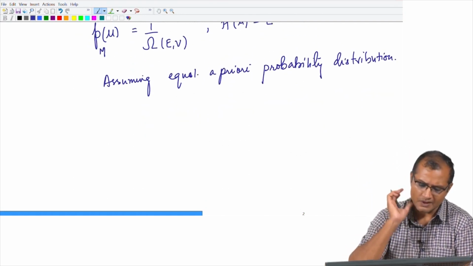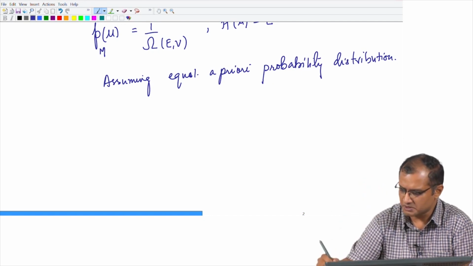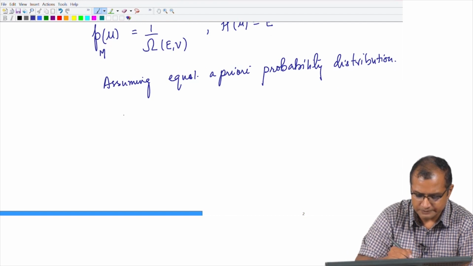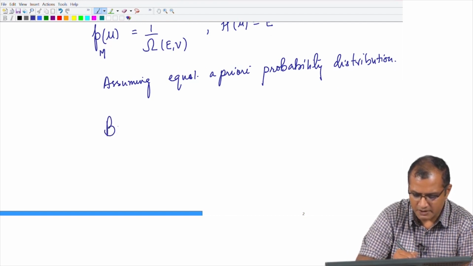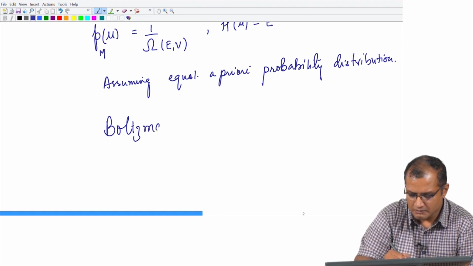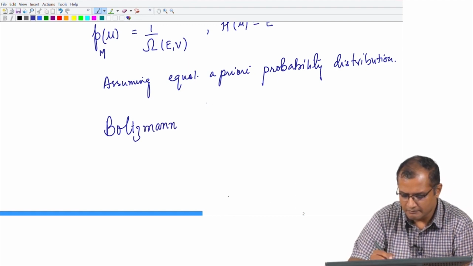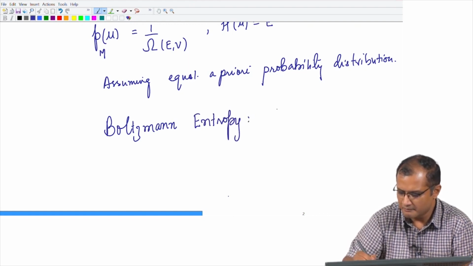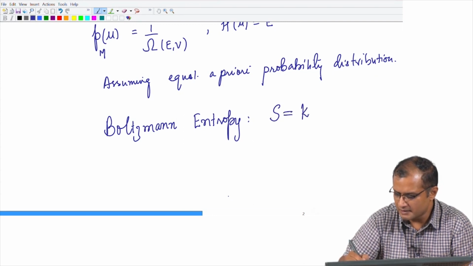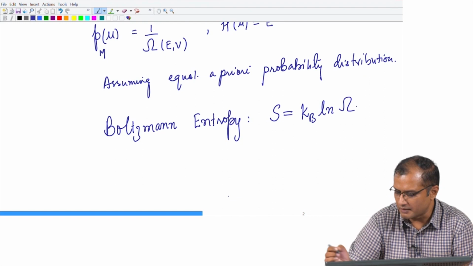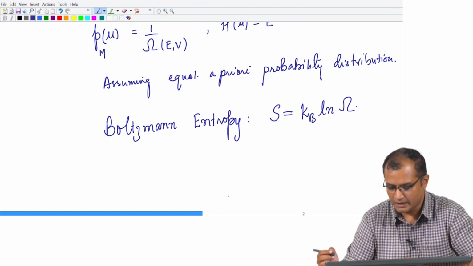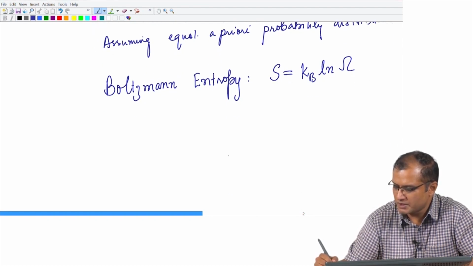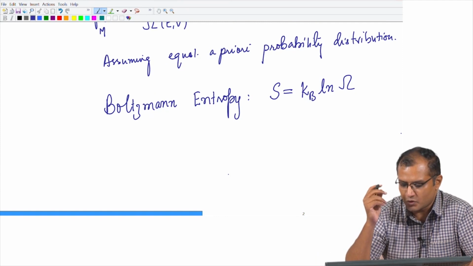So, with that consideration, you can always write down the Boltzmann hypothesis for entropy as k_B ln omega. Okay. So, this equal a priori probability distribution allows me to invoke the Boltzmann's definition for entropy, which is